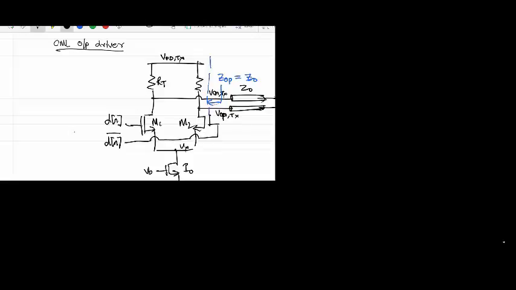If you apply a higher voltage on VCM, when DN bar goes to 0, your M2 goes to cutoff, not subthreshold, cutoff. Whereas with DN equal to 1, M1 has to be maintained in saturation. If you cannot maintain M1 in saturation, the first effect is that the looking-in impedance from the output driver will change, because then GDS will start playing a role if it gets into the triode region.